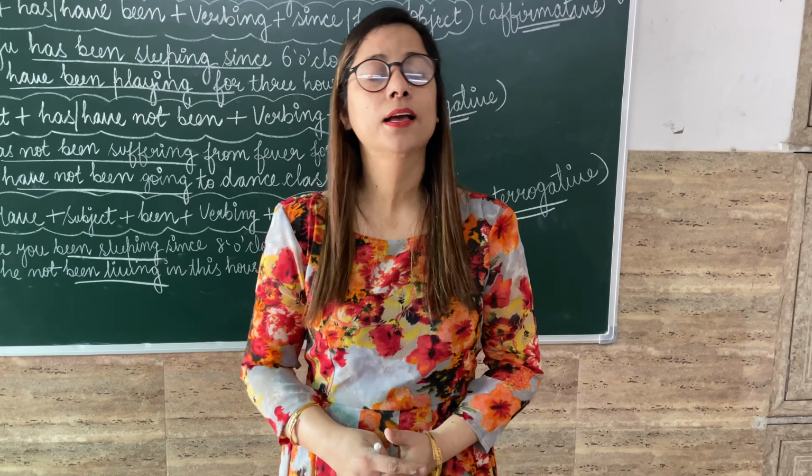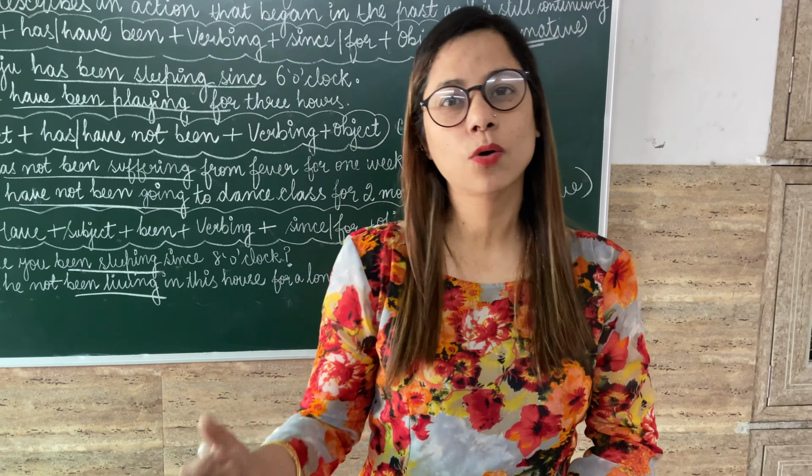But one thing I would like to add along with the tenses. Here again and again I am using these two words, since or for, that we are using in present perfect continuous tenses, and we will be using in past and future of the same kind, perfect continuous tenses. So in brief, I just want to give you the difference in the usage, where to use since, where to use for. See children, since we use for